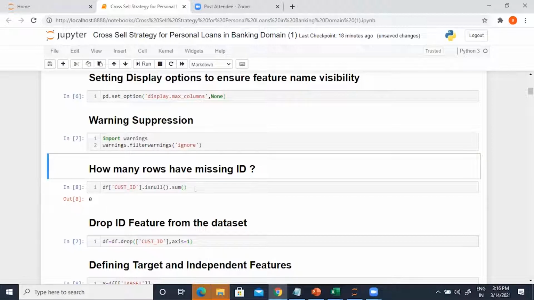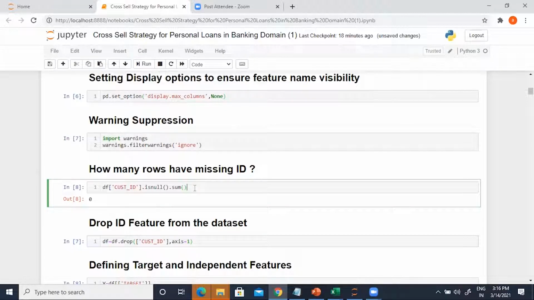Okay. Now, as a sanity check, I'm interested to see if there are customer IDs that are missing. Why am I doing this? Because the model ultimately is going to get built at a customer ID level, meaning that it is going to deliver a probability value for every single customer, identified using a customer ID.